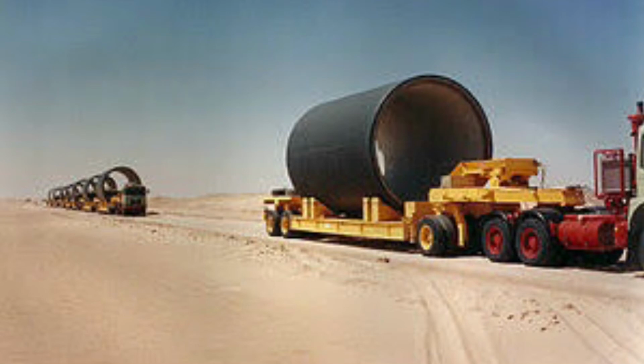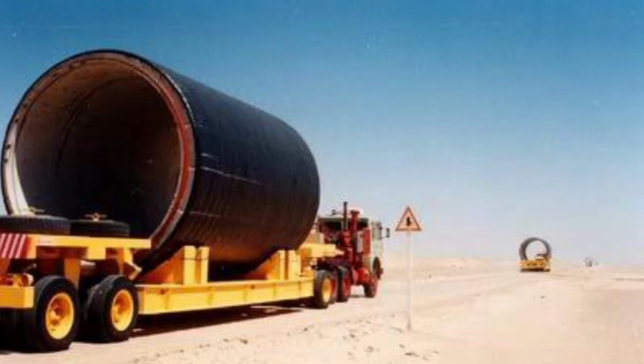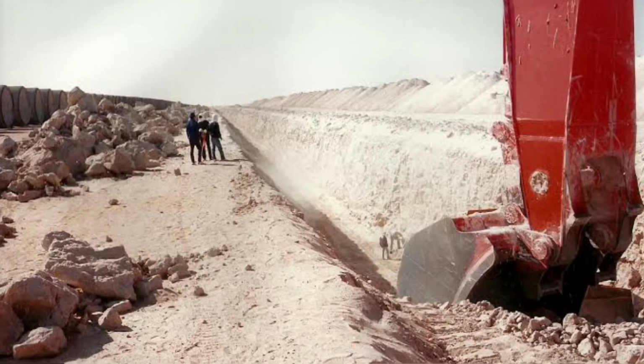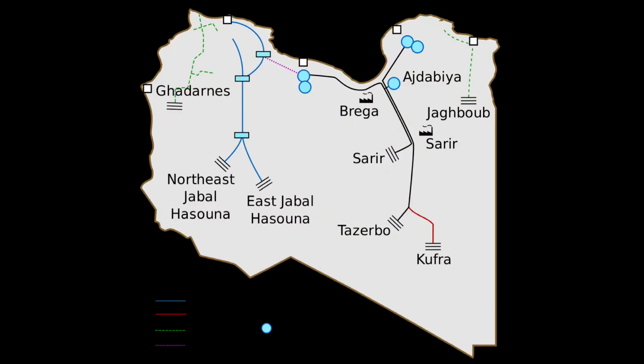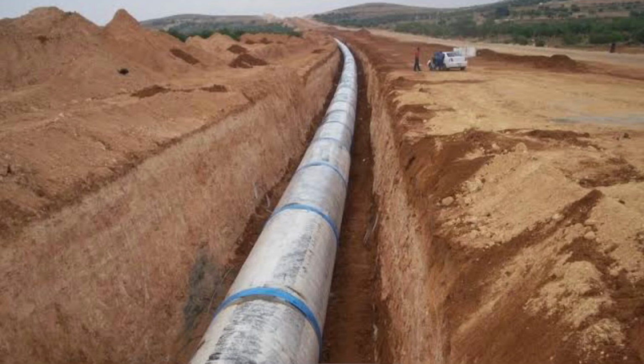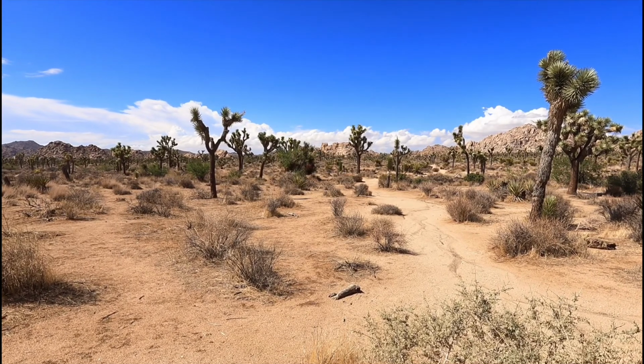On 22 July 2011, during the First Libyan Civil War, one of the plants making pipes for the project, the Brega plant, was hit by a NATO airstrike. At a press conference on 26 July, NATO claimed that rockets had been fired from within the plant area, and that military material, including multiple rocket launchers, was stored there according to intelligence findings, presenting a photo showing a BM-21 MRL as an example. During the Second Libyan Civil War, lasting from 2014 to 2020, the water infrastructure suffered neglect